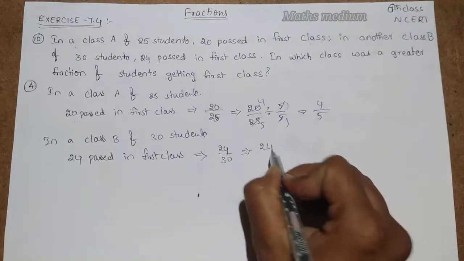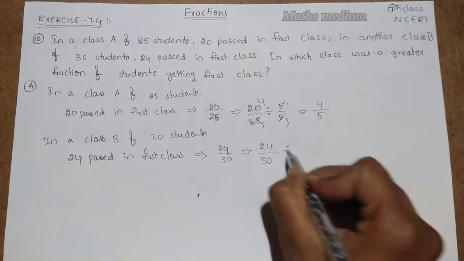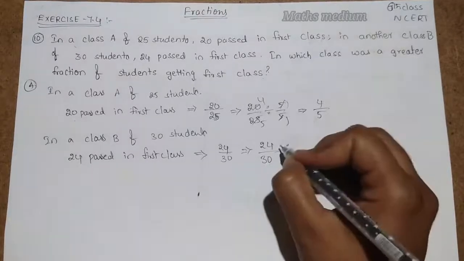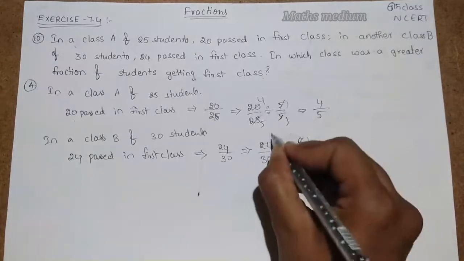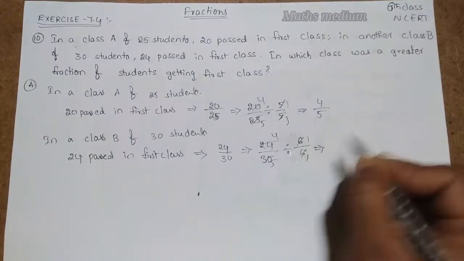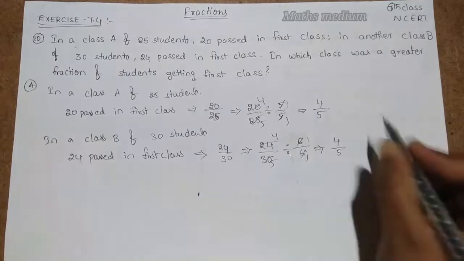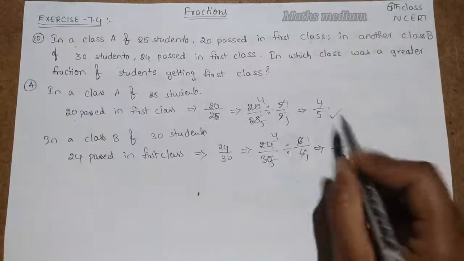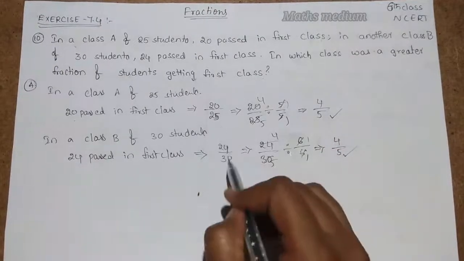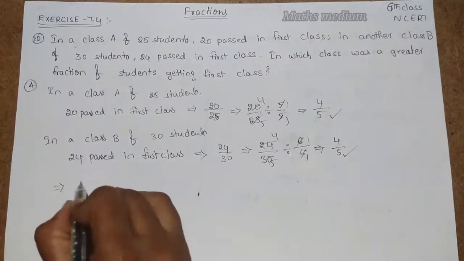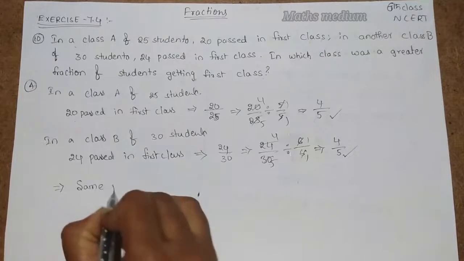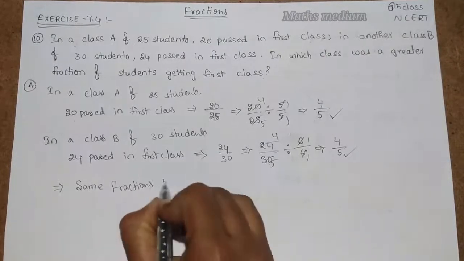24 divided by 30. Divide both numerator and denominator by 6. 6 ones are 6, 6 fours are 24, 6 ones are 6, 6 fives are 30. So 4 by 5. See here, 4 by 5 and 4 by 5 is the simplest form of these two fractions. So the final conclusion of the answer is the same fraction, that is 4 by 5,